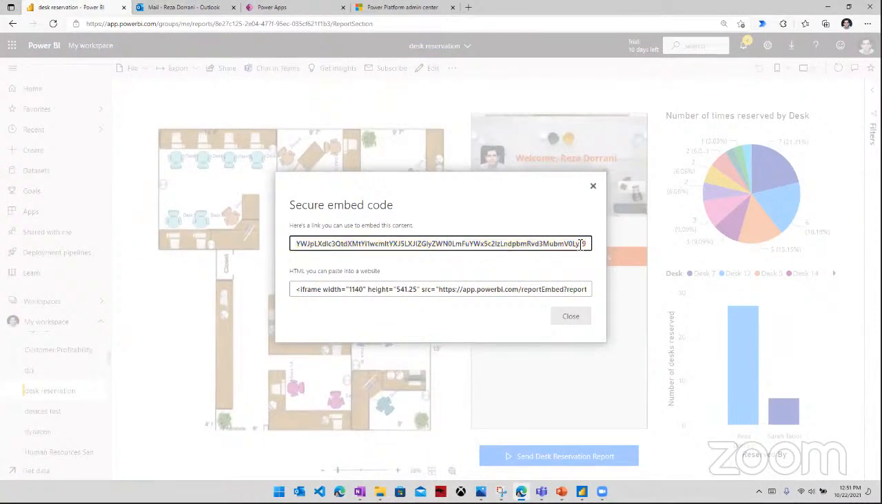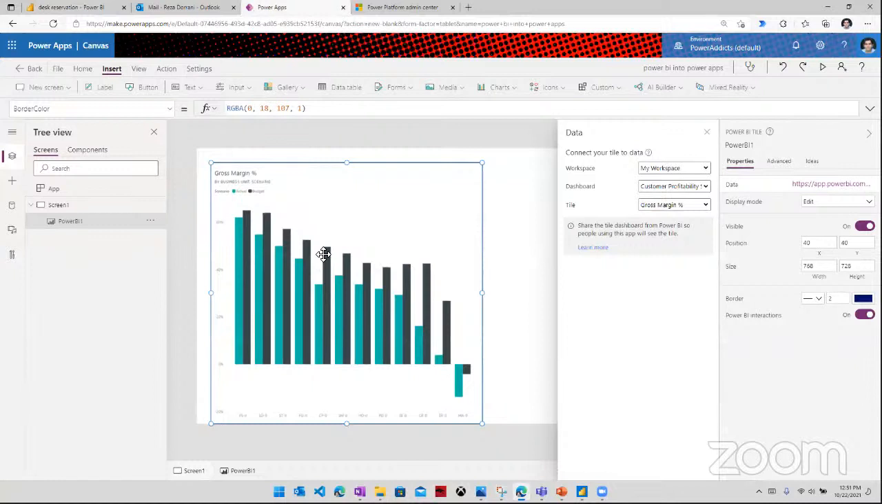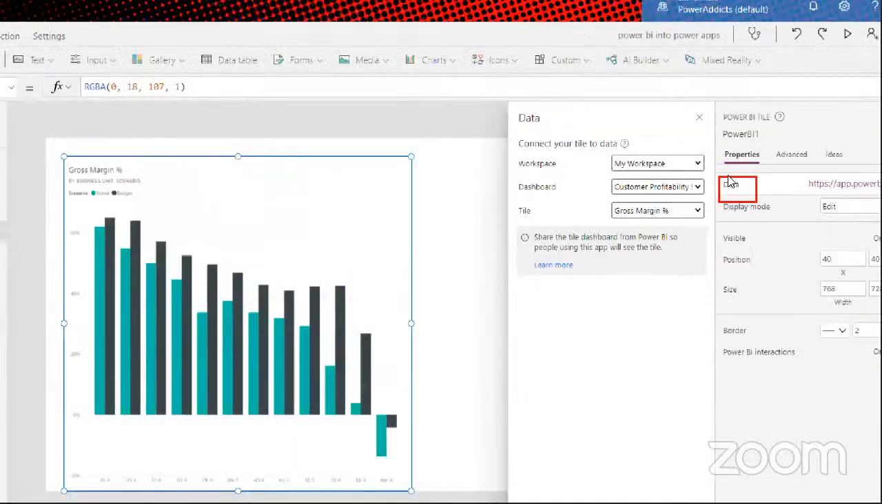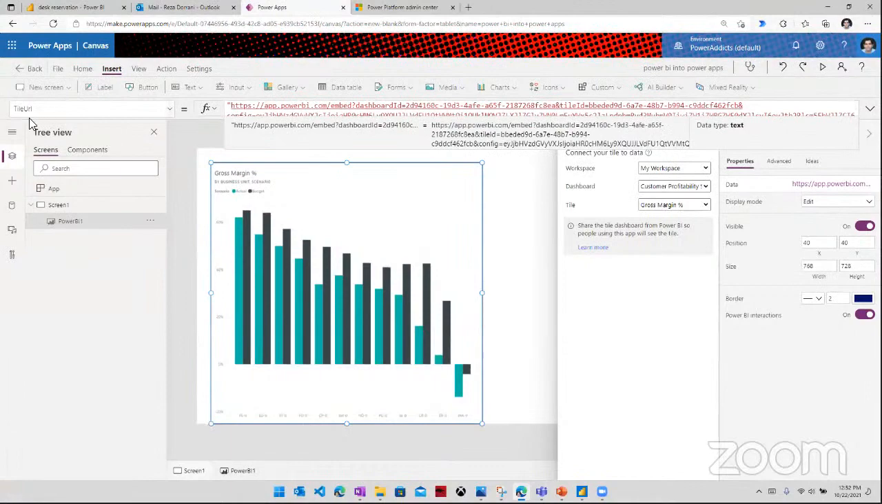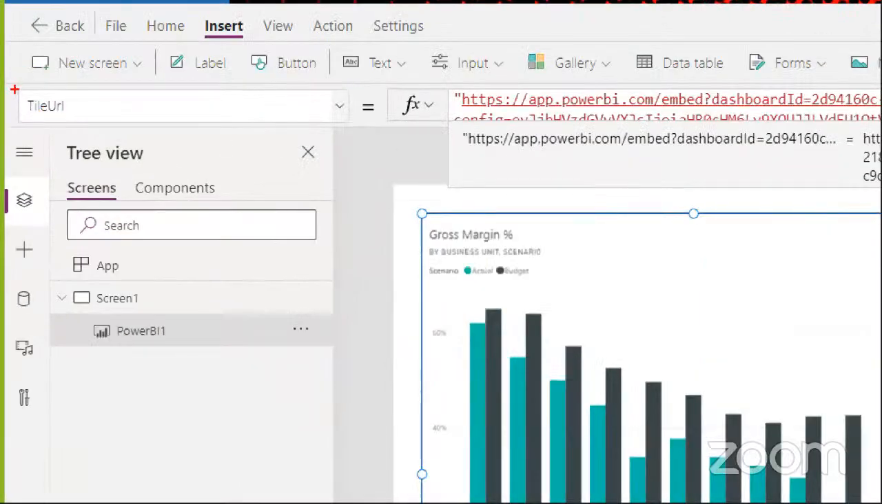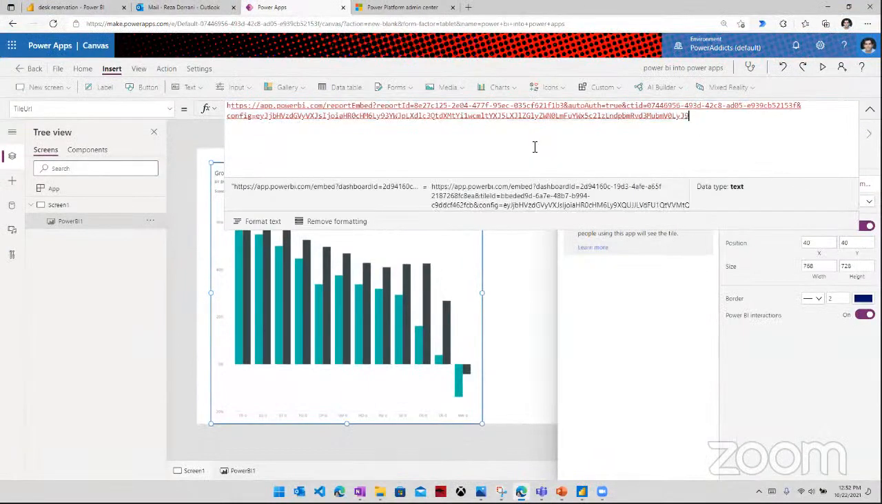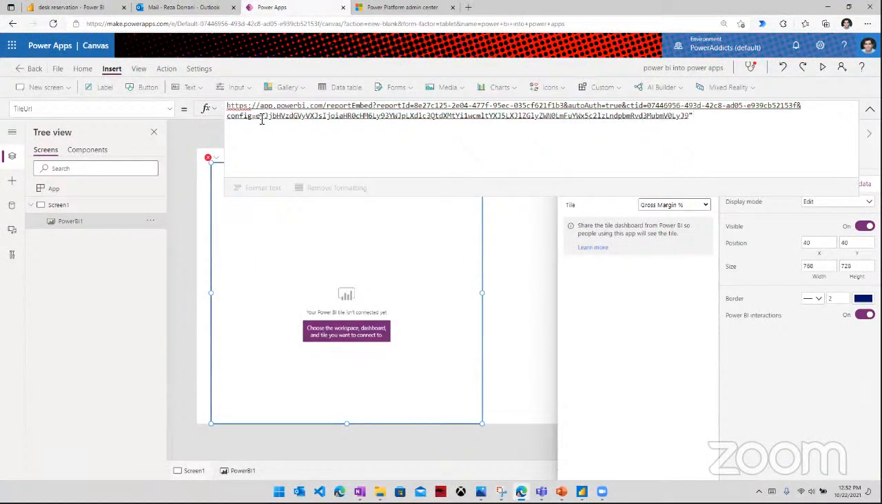if I just go ahead and grab this entire link, if I go to the Power App, I don't have the option to paste a link here. But if I go to the data tab on the right-hand side, you see there's something called data. If I just select this, it puts a formula on the top called tile URL. And here you can plug in that URL that you just copied, and you have to put it under double